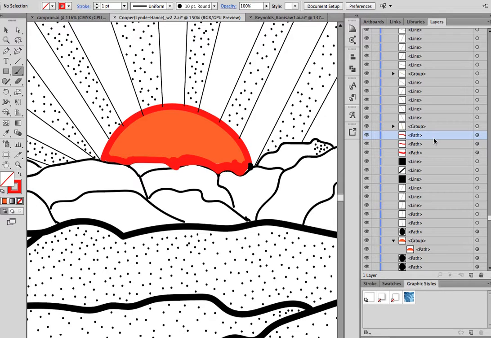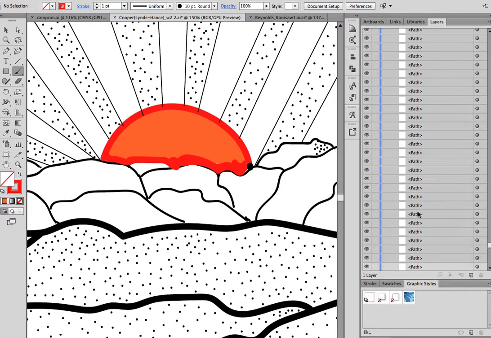So if you want to shift, you just shift click to select more than one, and basically I'm going to drag them down and put them inside this group right here, right? That has the other red in it, and so now, whoops, I can turn them all off, and there's all the red. So again, now if you want this group to be underneath those lines, all you do,